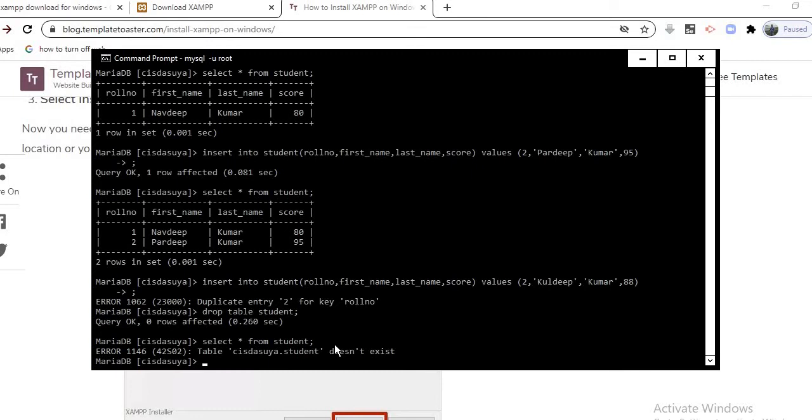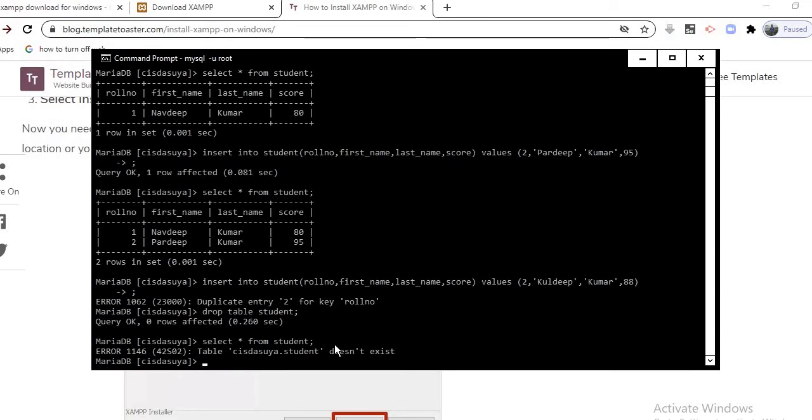But my only caution to students is to use this drop statement very carefully. Think twice before using this one. So now let's say we work with the primary key constraint.